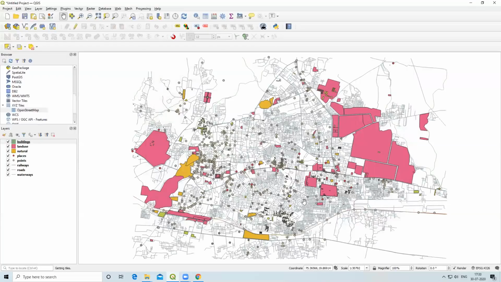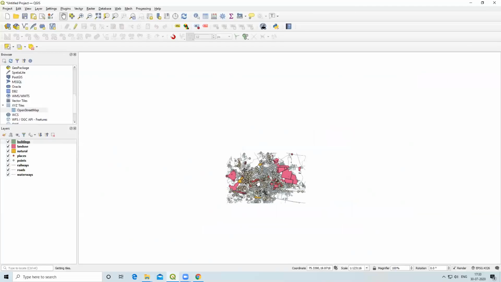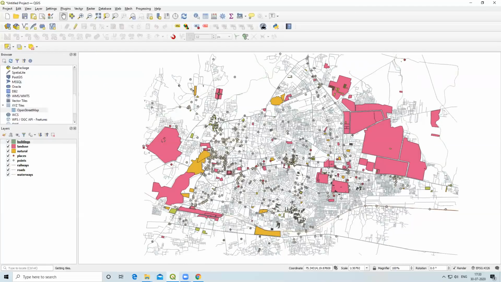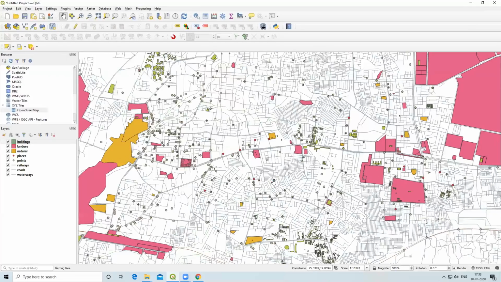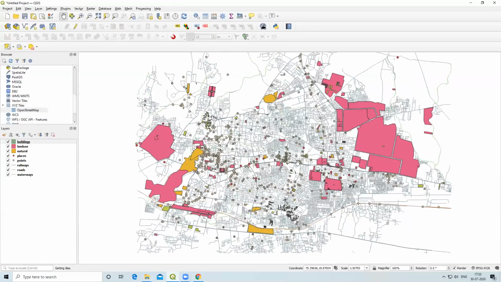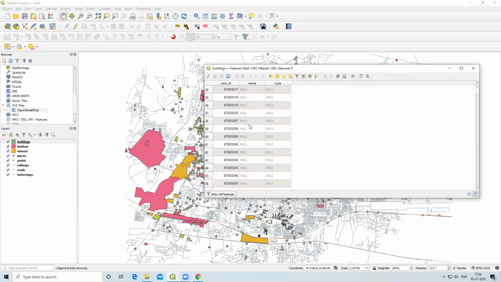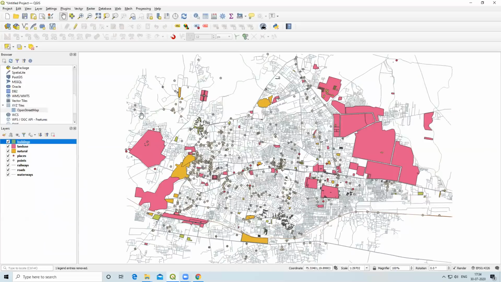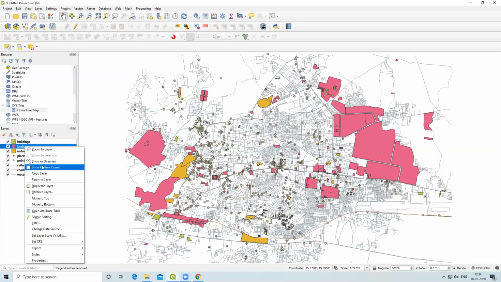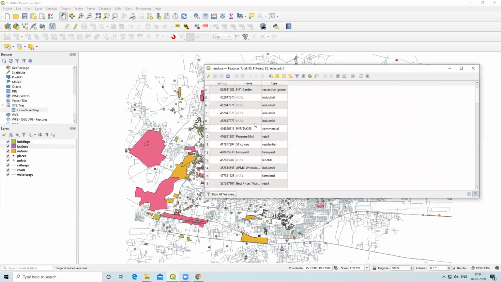Now you can see we have downloaded all the buildings, roads, some places, railway tracks in vector format. Now I will show you the attribute table. So this is the building attribute table, land use attribute table. All the information is there in the attribute table.